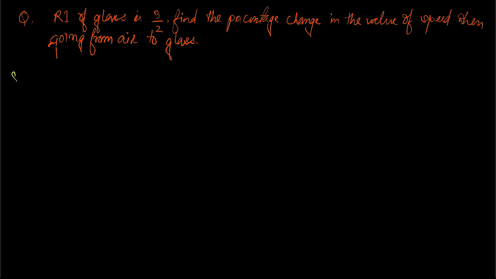So first we will check what is given here, right? It is given that the refractive index of glass, represented by Ng, is nothing but 3 by 2. Now you may think, why have I written glass? Where is the other medium with respect to which we are getting that refractive index? Because here one piece of information is given that light moves from air to glass. That means it is with respect to air, so it is the absolute refractive index. I will write it down in a bracket, absolute refractive index. Now this may be clear.